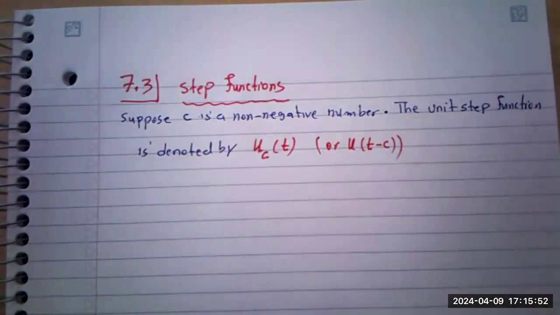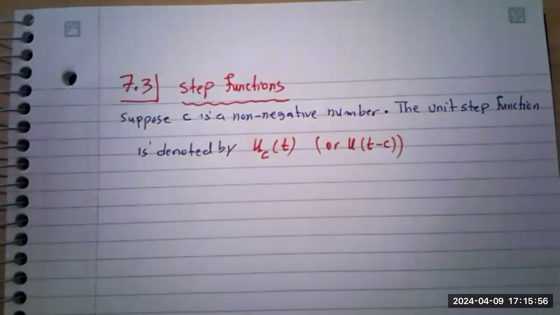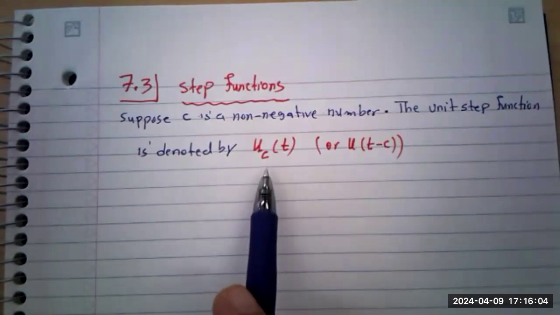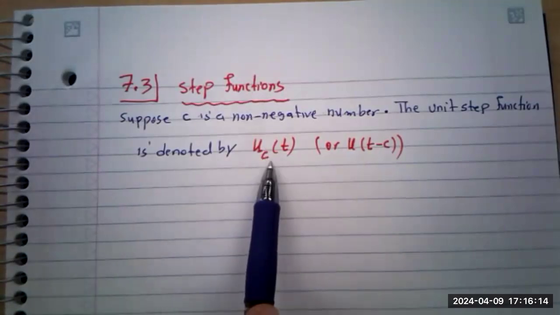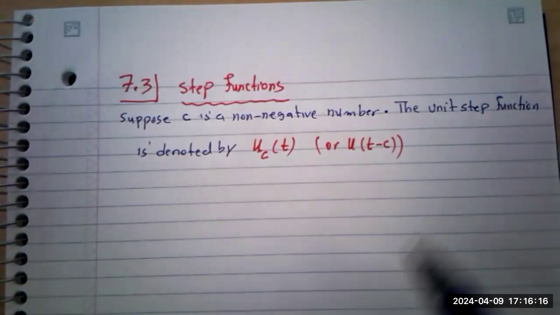This would be confusing because we're going to do something to this one in the different problems of differential equations. So be careful if you're using different notes or different books, but I'm going to use the standard one, UC(t), and it's going to be defined by,